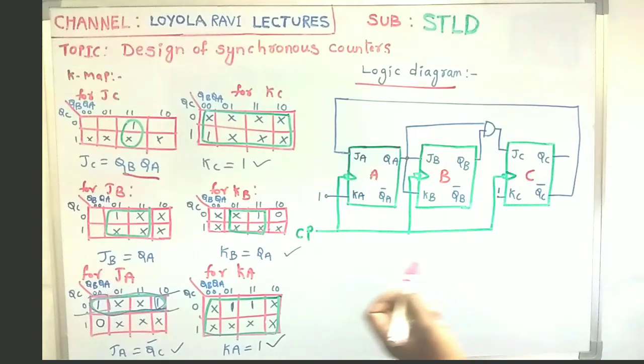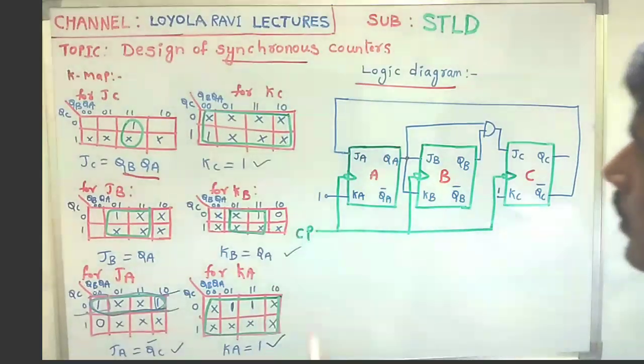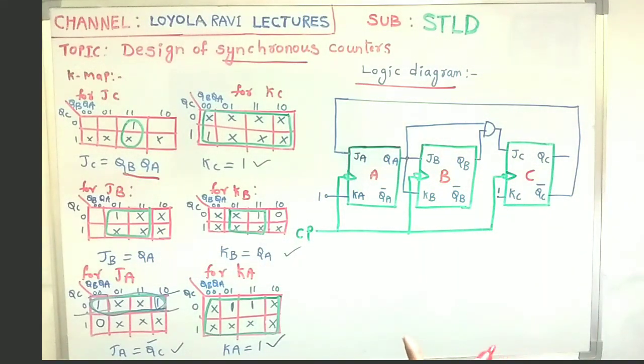Okay. Another important point, we are designing a synchronous counter. Synchronous means whatever the number of flip-flops we have, for all flip-flops the clock is connecting simultaneously, or nothing but a single clock is connecting to all the flip-flops. That is a synchronous counter. Here I am taking negative clock. If you want, you may take positive clock, no problem. Here I am connecting negative clock pulse for all flip-flops. These are all connecting to the single clock pulse. Okay, this is a synchronous counter.